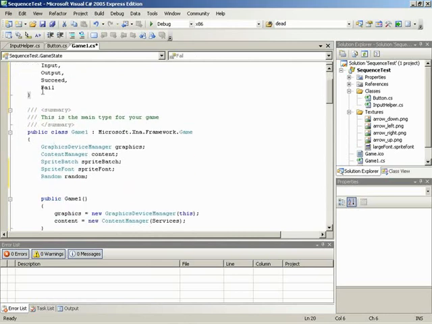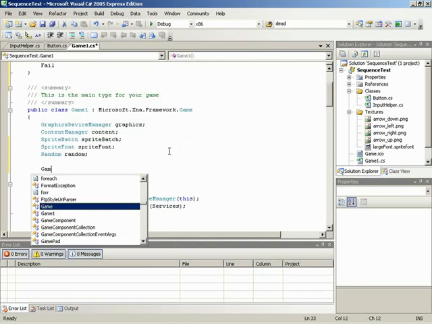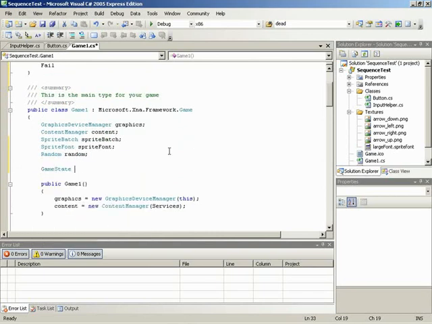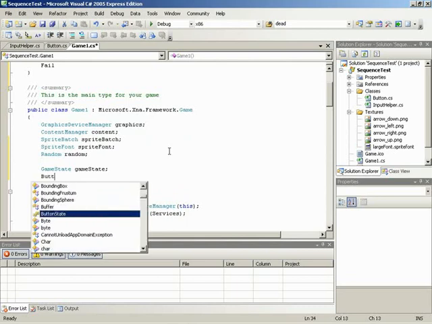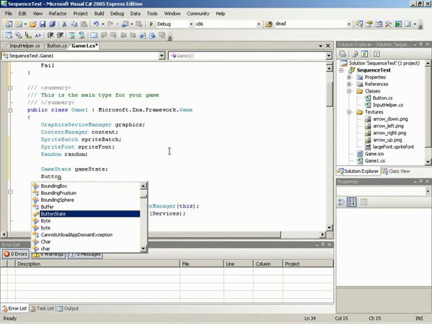So with this enumeration defined, we can go back to the game class, and we can define a game state field, and we can call it game state. Now let's see, what else would be useful? Well, the buttons that we've defined are going to represent those directional arrows, and we need to have a way of holding 4 of them on screen. So in order to hold the buttons that we have available, I'm going to make a button array. Since we have the button class defined, we can make a button